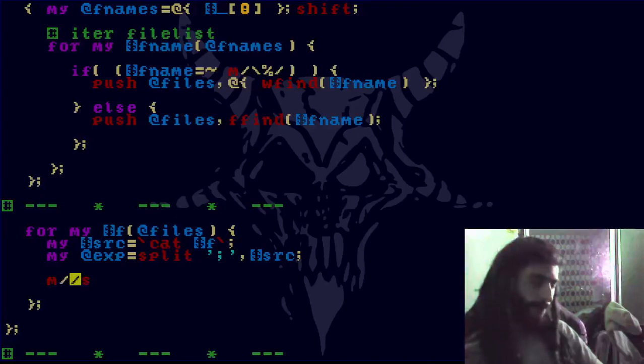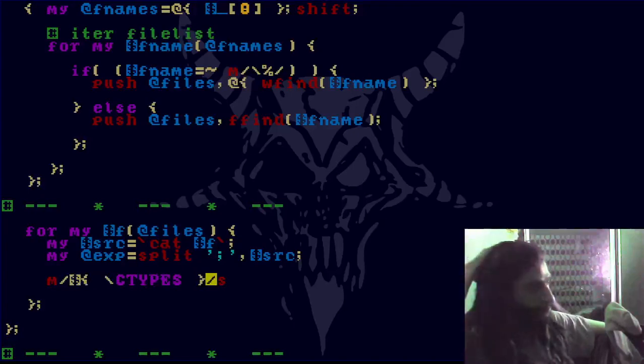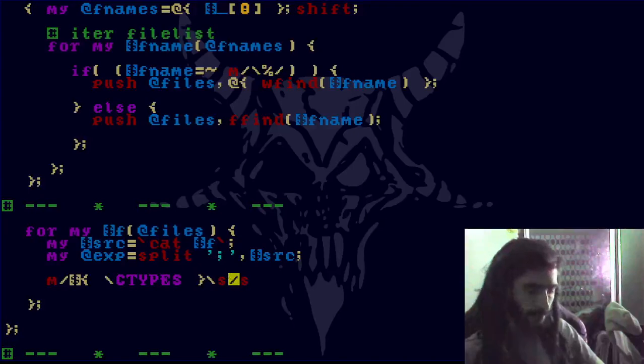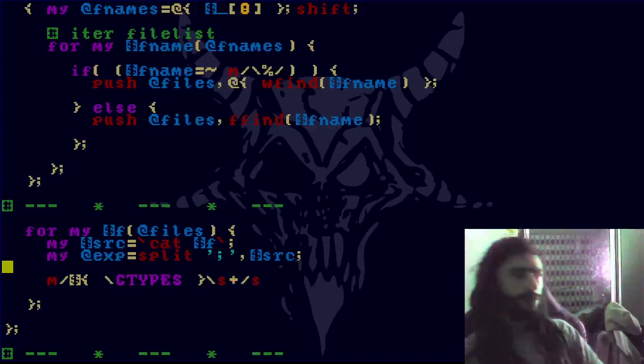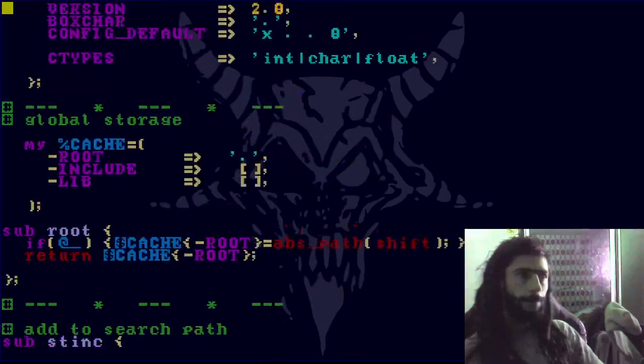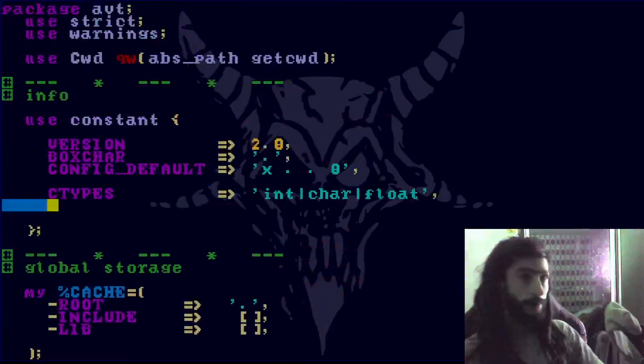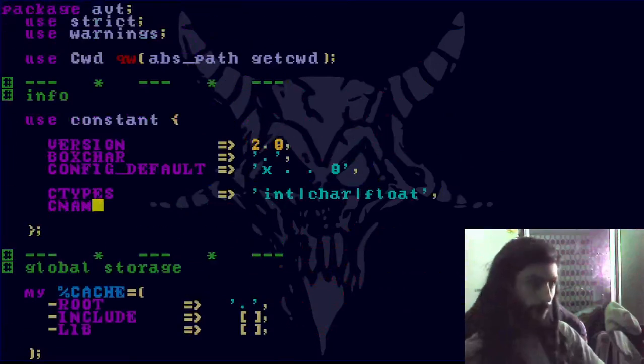So we want to find constant C types. We need something that starts with one of the accepted types, then is followed by at least one space, then a name, which can contain, let's just write this, so C name,